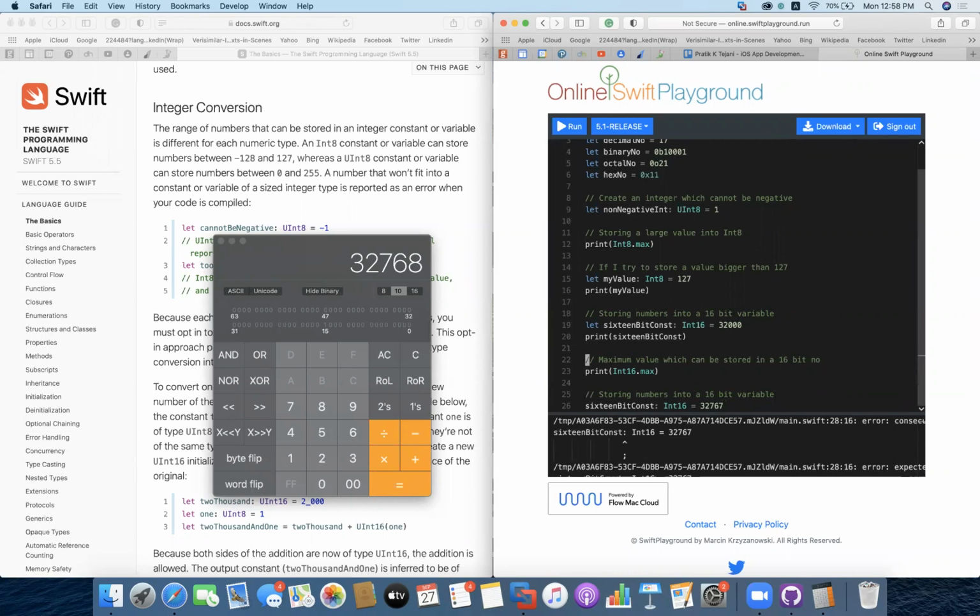Okay, what I'll do is I'll just stop this one and this one. Int16, it's already defined. So if I try to store this value 32767, in the 16-bit constant.